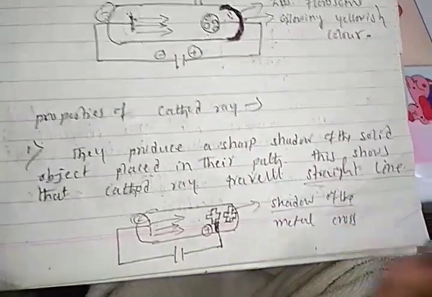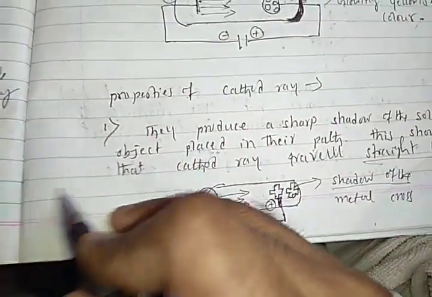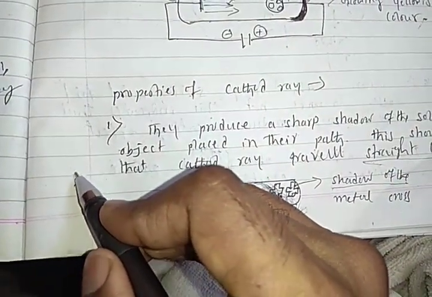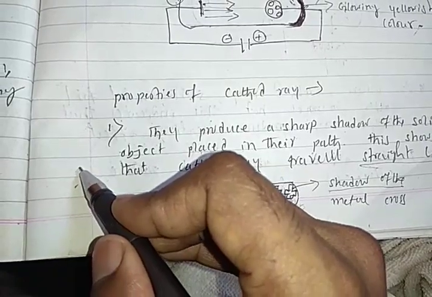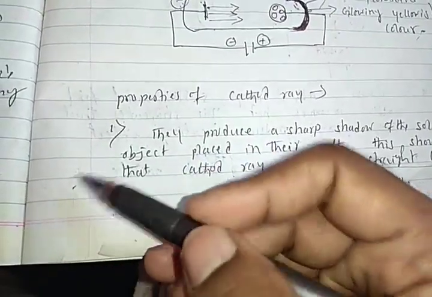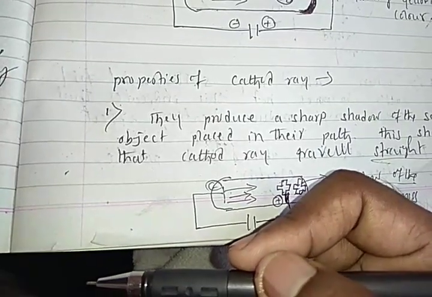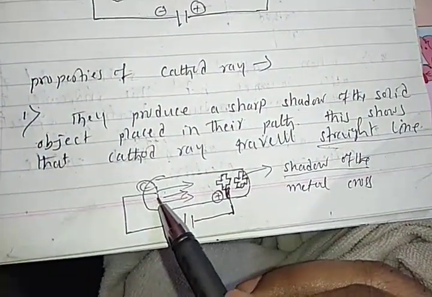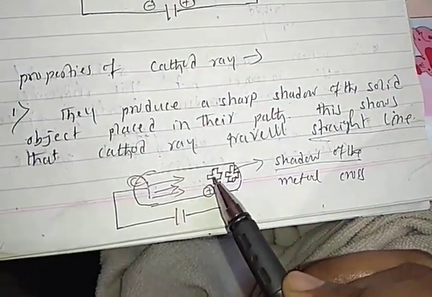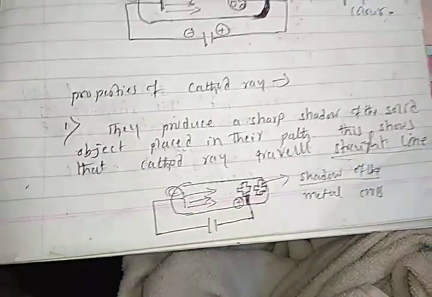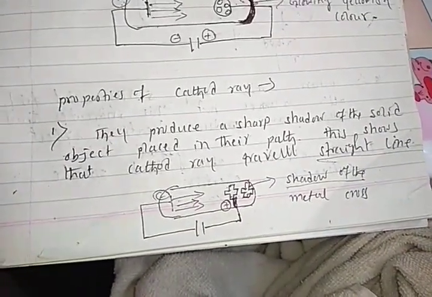Similarly, if we stand in front of the sun or a light, the shadow falls behind us, right? So when light passes over this object, the object's shadow falls behind it. So the light ray travels in a straight line, and the ray contains particles. Right, friends?